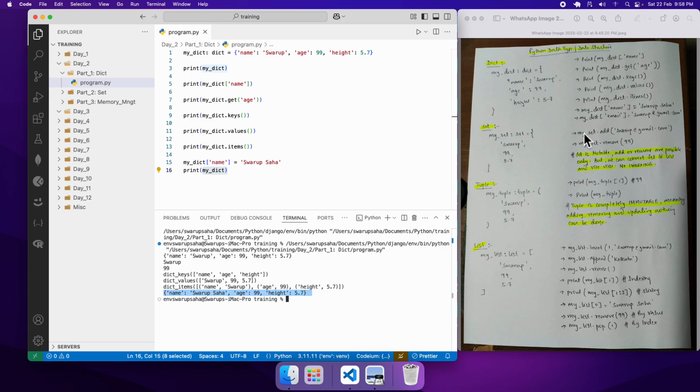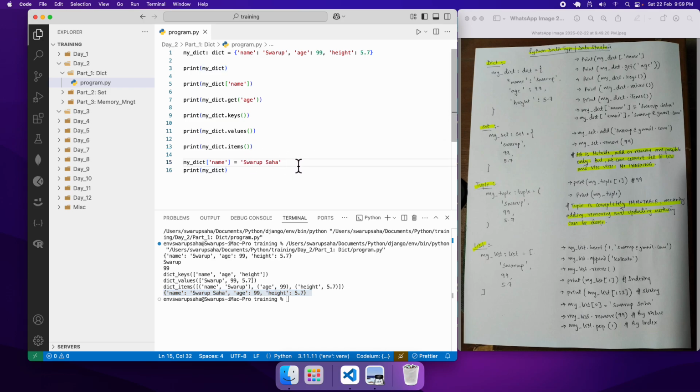So what summary can we draw from this? I can perform indexing in the form of keys, I can perform indexing using the get function, I can get a list of keys, I can get a list of values. Not only that, I can also go for tuples consisting of both keys and values together in the form of items. I can perform modification of my existing value, and not only that, I can insert a new key as well. Look over here, the email was not there initially, but I can insert that as well. Well, I didn't do that,